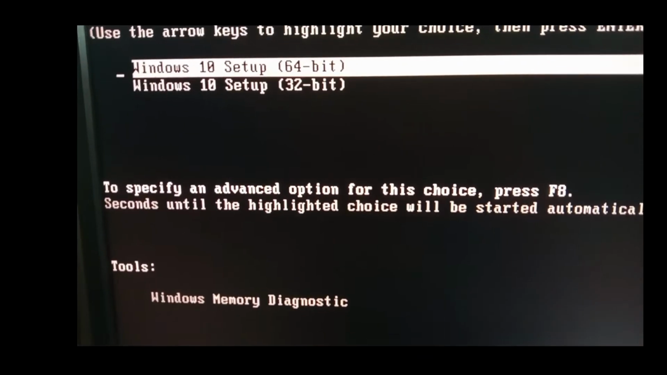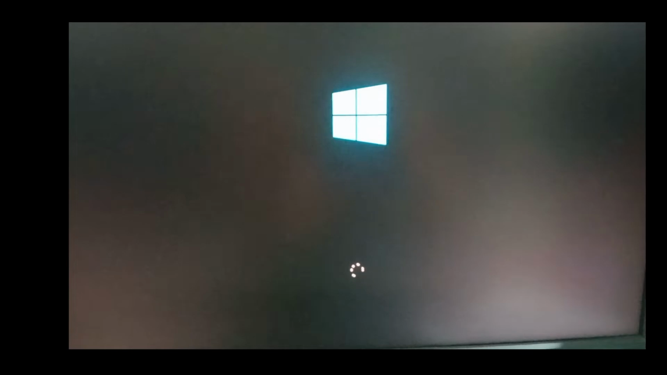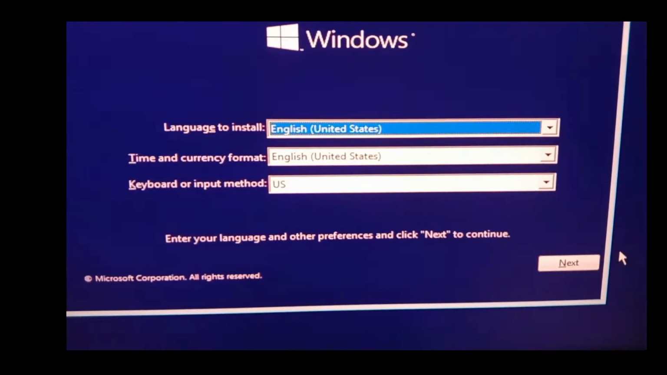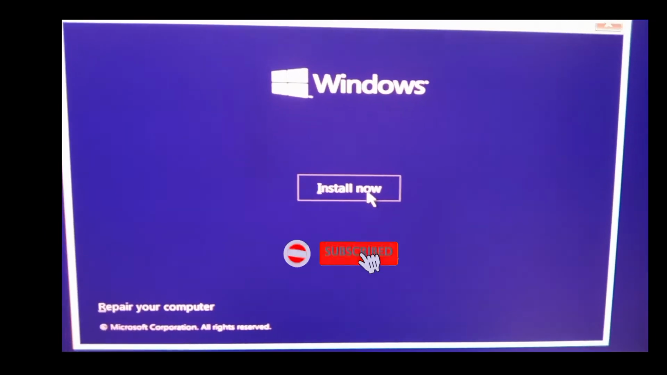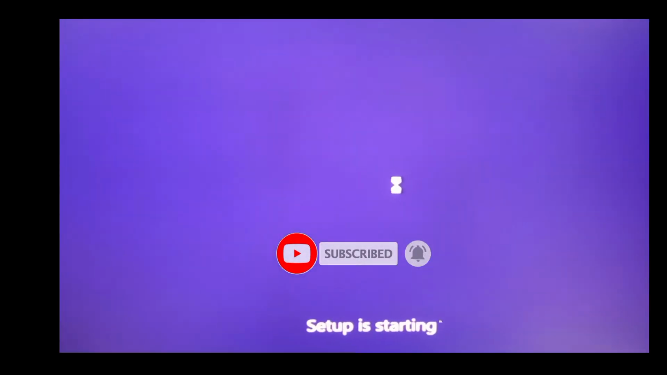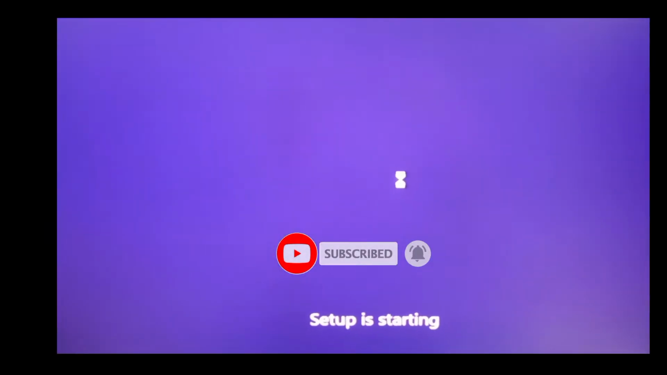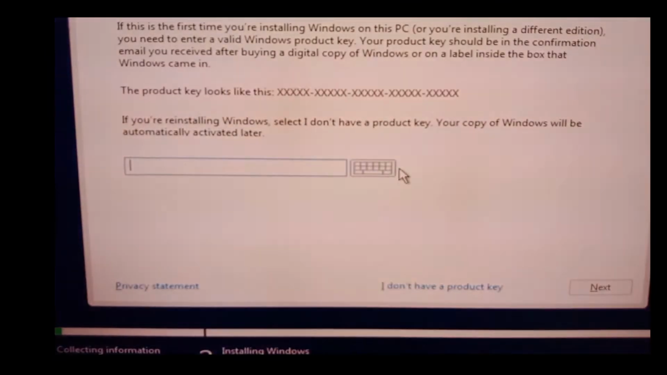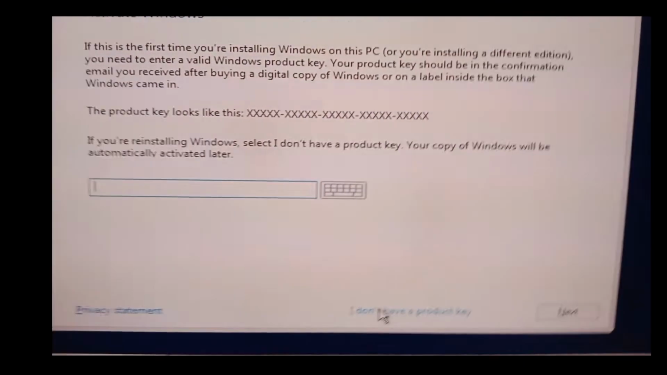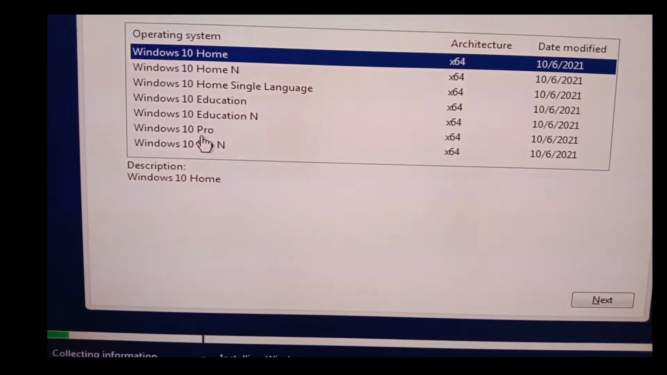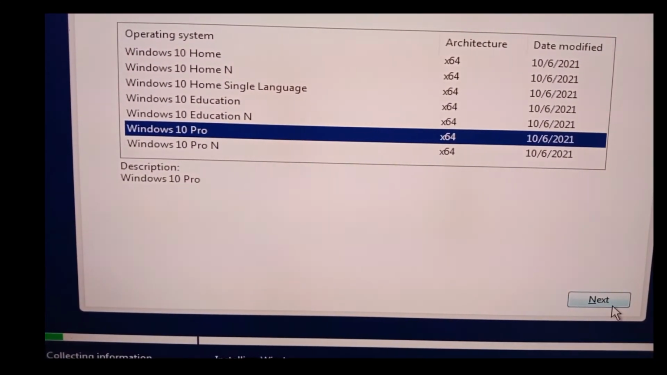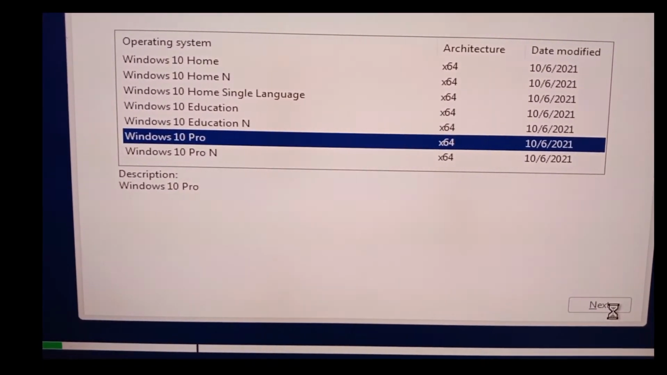The process runs. You select 64-bit. Next, install now. Click I don't have a product key and select Windows 10 Pro. Next,